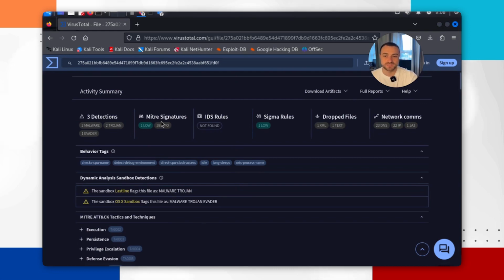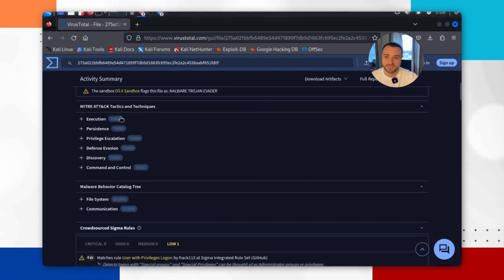It's created the MITRE ATT&CK signatures, so it's showing which signatures on the MITRE ATT&CK framework it relates to, and more information in here about how the tactics and techniques were triggered and which signatures on the MITRE ATT&CK framework